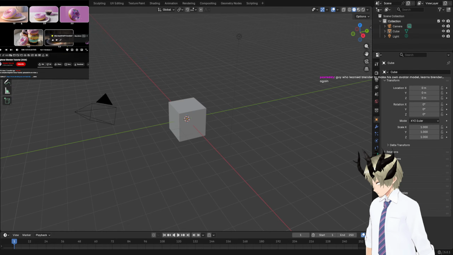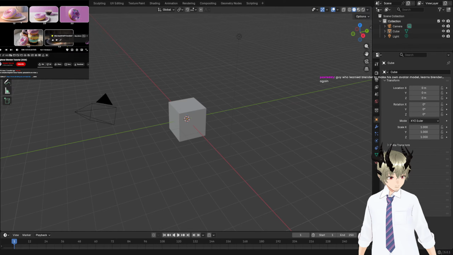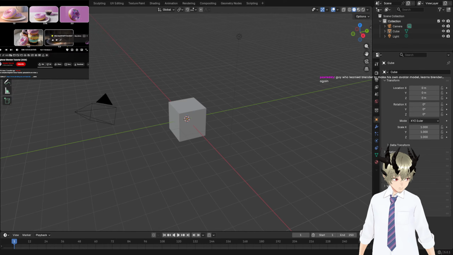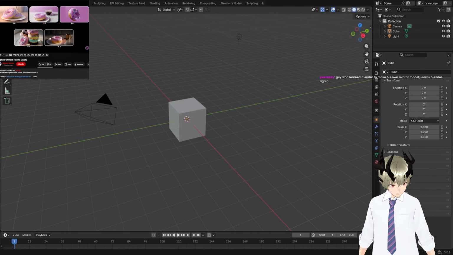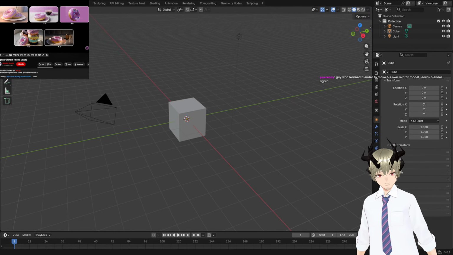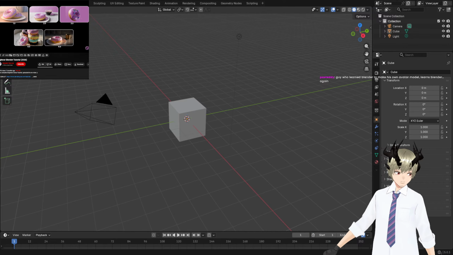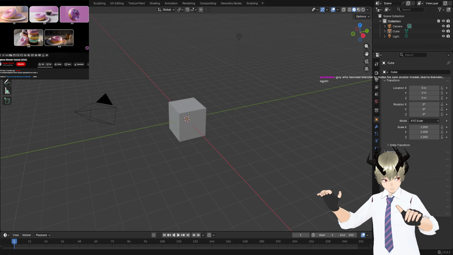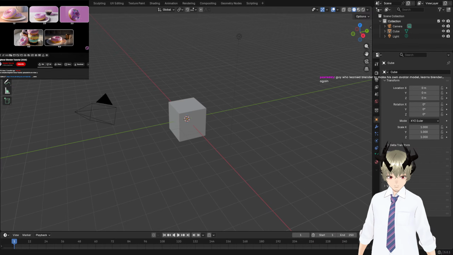Yeah, Blender keeps updating itself. It's 5.01 right now. It's very funny because Blender is free. Everybody has Blender. Guy who learned Blender to make his own model learned Blender again. Well, no. Okay, number one, I learned Blender before I was making my own model. Number two, yes, I do know Blender enough to make the model, right? But you know what? Learning Blender basics and certain other aspects of it is actually more beneficial,